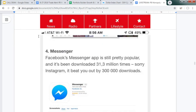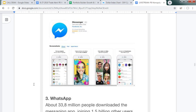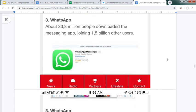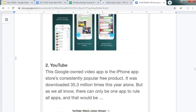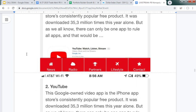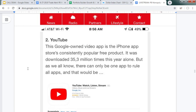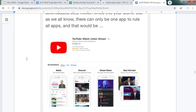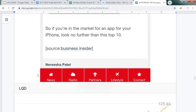And so just imagine this Libra coin being tied into all of their phone apps simultaneously and then rolled out to 3 billion people across the world during a period of time when most of these countries are being forced to devalue their currency in response to China devaluing their currency in response to these tariffs. So if they pull this off, they're going to have a huge demand, at least around the world, of people whose currencies are devaluing, they're facing inflation. They're going to want to ditch their currency and buy into Libra, which is also being rolled out to some 10 million merchants. This could grow very, very quickly,